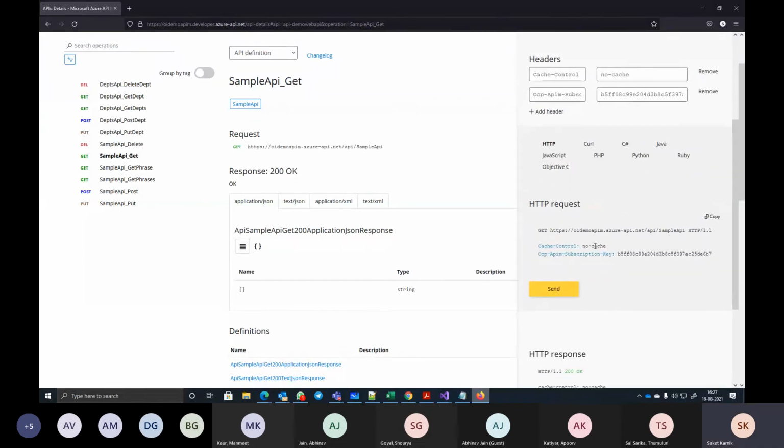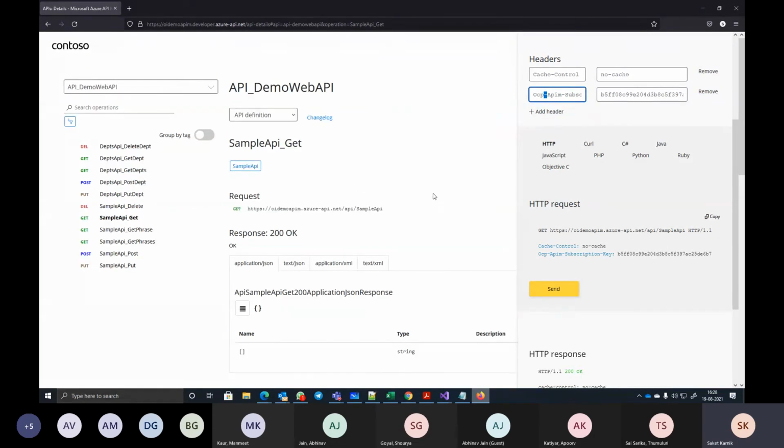Right? Now from client application also, if someone wants to send this request, they have to include this key with this header. Then only the API will be callable. Means if my backend API has not implemented the security at all, still API management can make it mandatory for the users to be authenticated. So some security, user-based security explicitly can be brought in.